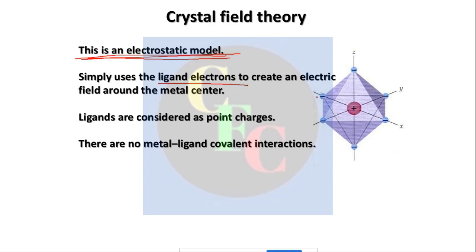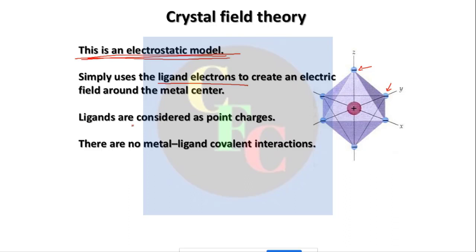So what are ligands? I think you know this name because you have read complexes in your plus 2 courses. Ligands are either atoms or ions or molecules which donate one of their electron pairs to the central metal ion to form bonds with it, right? So these are ligands. We have considered here ligands with a negative sign, but we know that ligands can either be negative or neutral also, right?